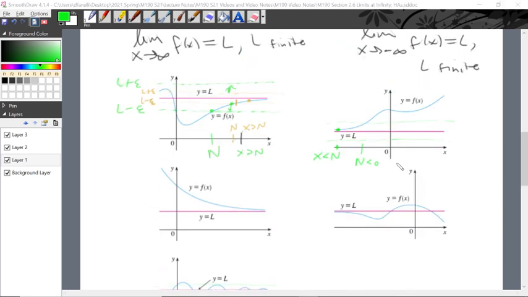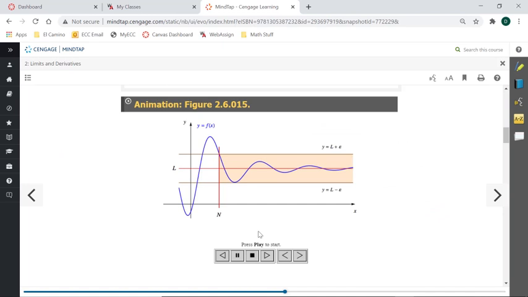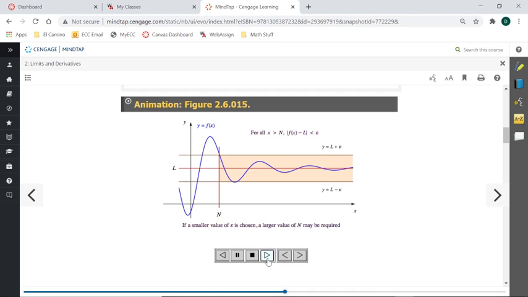Let's take a look at that applet in the book, that quick animation that it provides. It's pretty nice. So this function is undulating, but it is approaching this horizontal asymptote with the equation y equals L. Okay? And so what happens if we choose a smaller epsilon? Smaller epsilon means that the trap, or the interval in the y direction, is created to be smaller, and the associated value of n, the fixed value of n that we would therefore have to select as a result,